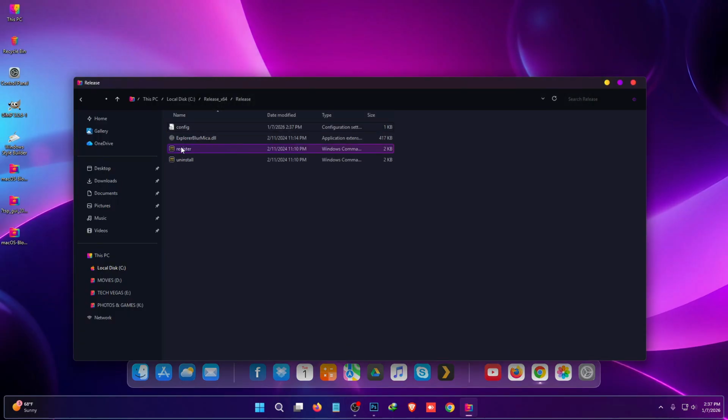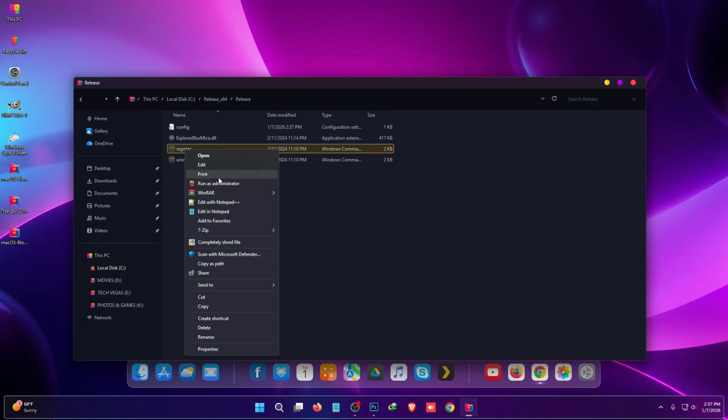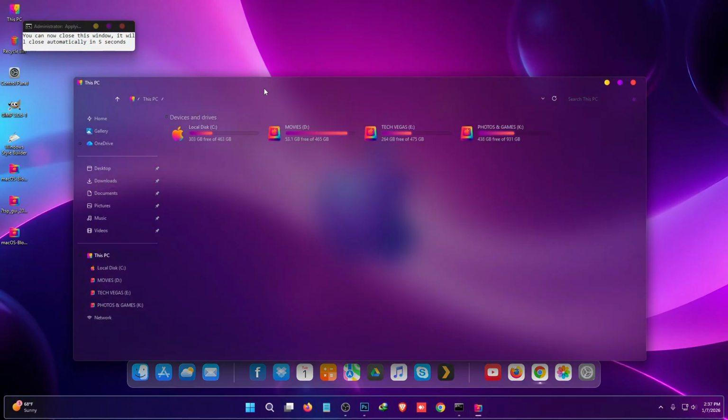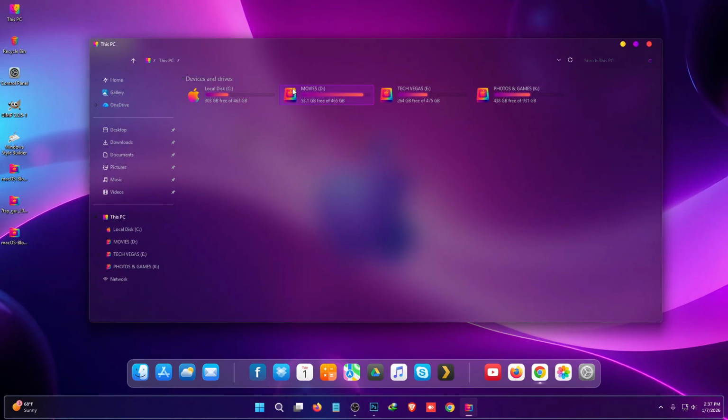Okay, now click on this register button and click on run as administrator, and then click on yes, and then click on OK. So it will apply the blur effect. So blur effect has been added,